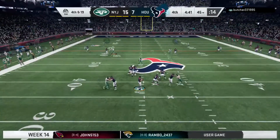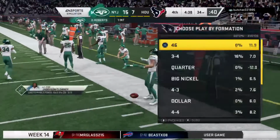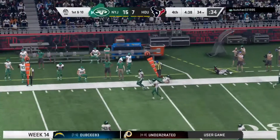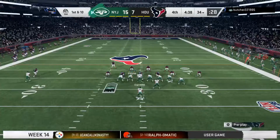They will indeed snap it to Watson. And for the 4th time tonight, it's an interception. Picked off near the 34. Brandon, offensively, this has been a tough day for him. Trying to find a place to throw the football. It's been extremely difficult. I've got to give a lot of credit to the secondary, especially the corners who've had